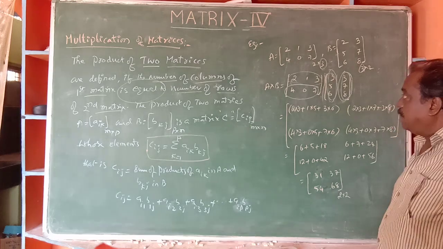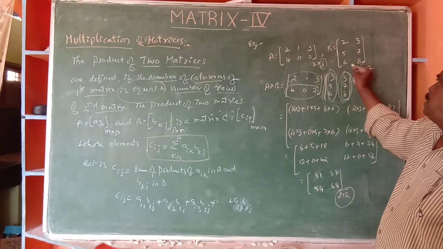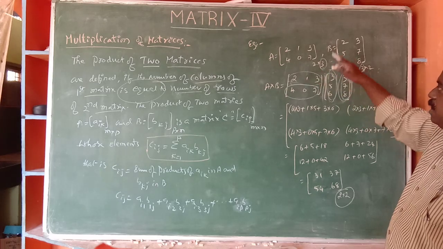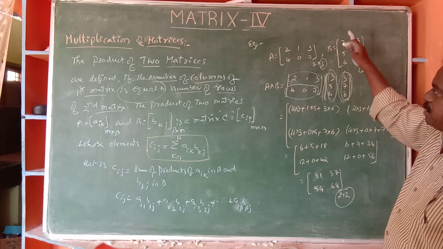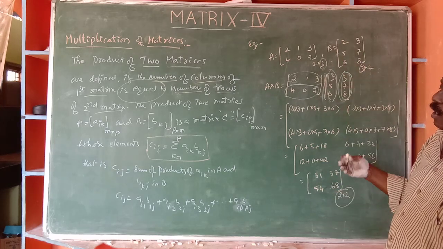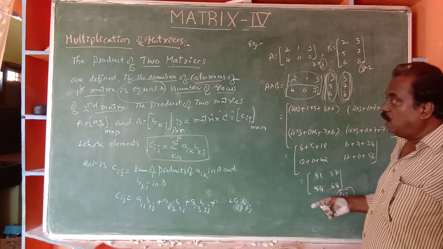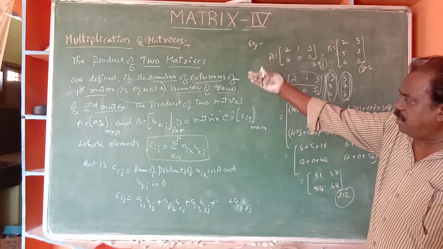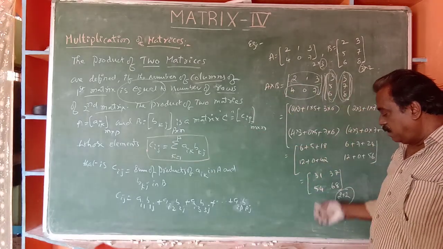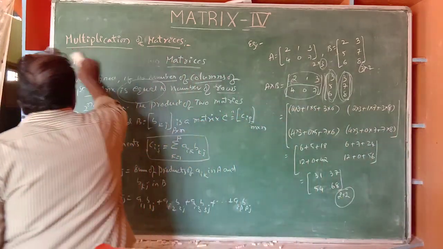You see, the resultant matrix is of order 2 by 2. Here the 3 and 3 cancel, and 2 by 2 will come. Okay now? Like this we have to make the multiplication. You try to observe this video a number of times, then only can we understand. You simply learn that definition by heart and follow this example. Okay, now one more example I want to tell.